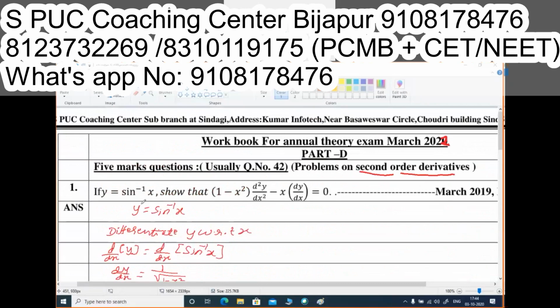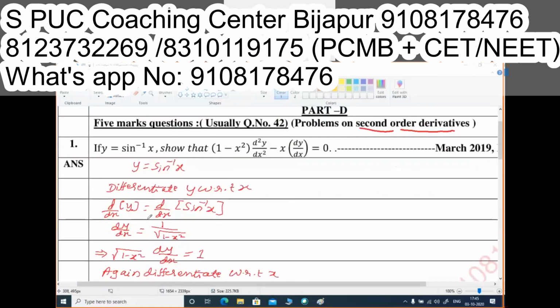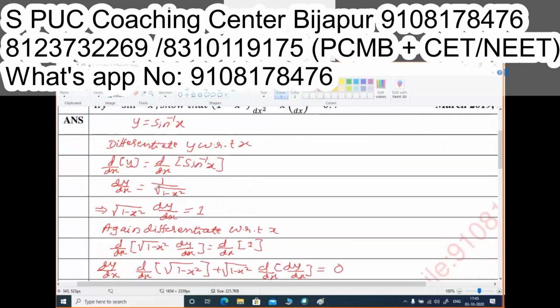So see here, please, whatever function he has given, y equals sine inverse x, you have to differentiate with respect to x. Then dy by dx, the differentiation of sine inverse x is 1 by root of 1 minus x square, of course. Somebody may differentiate this dy by dx again with respect to x, proceeding by making use of the quotient rule. Instead of doing that, I multiplied this on this side. Then it converts into u into v form. This is now similar to the implicit form of the function. Just once again you differentiate this entire function with respect to x.